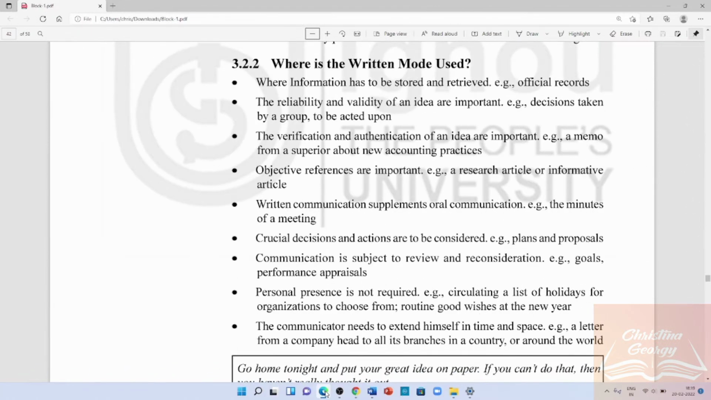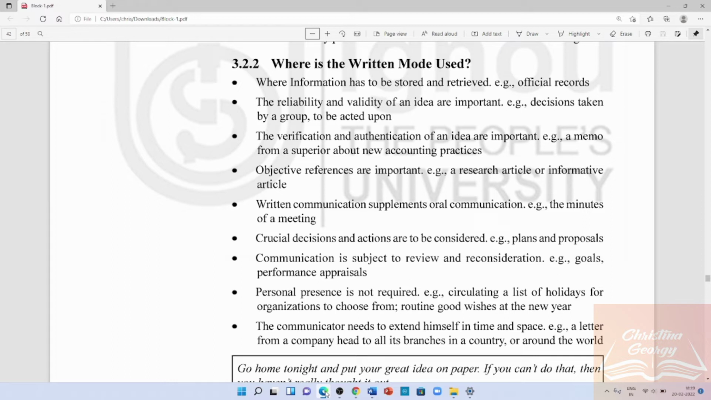Now let's look at the situations where the written mode is used. The written mode of communication is mainly used in cases where information has to be stored and retrieved. For example, in the case of official records. There are some other cases where the reliability and validity of an idea are important, such as decisions taken by a group to be acted upon. In other cases where the verification and authentication of an idea are important, such as a memo from a superior